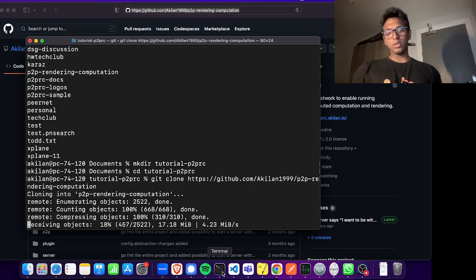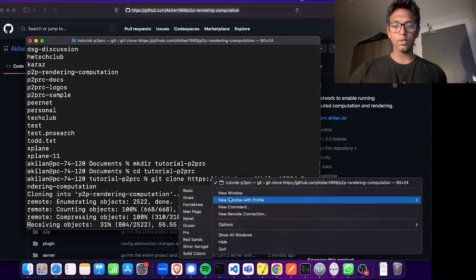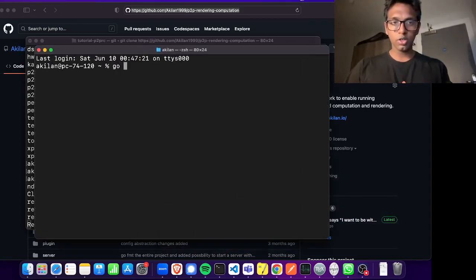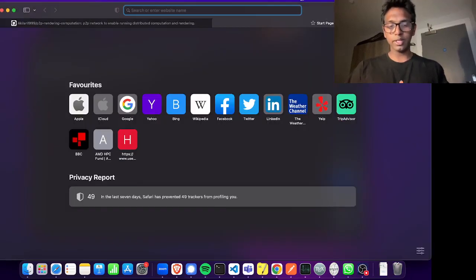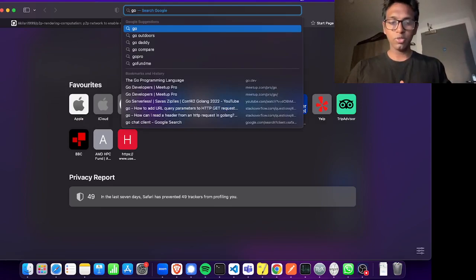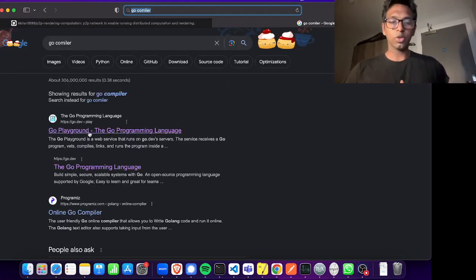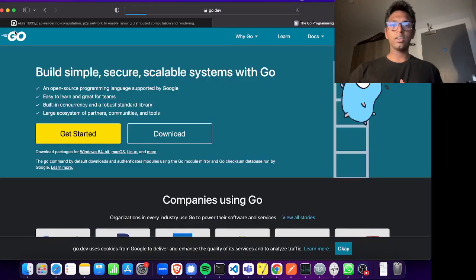So while it's cloning, we have a few dependencies to think about. Dependency number 1. We need the Go compiler installed. So if I quickly open another terminal right here, you need a Go compiler, and you can do go version for that. And if you want to figure out how to install the Go compiler, you can go to this Go website here,